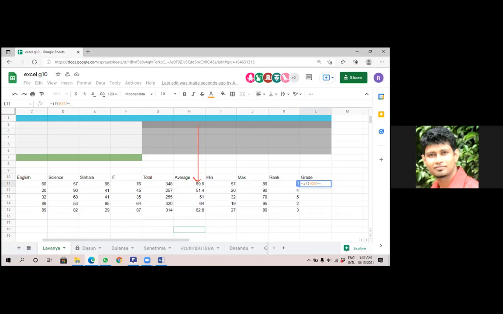Equal sign, then 75, comma, then within quotation, open the quotation,